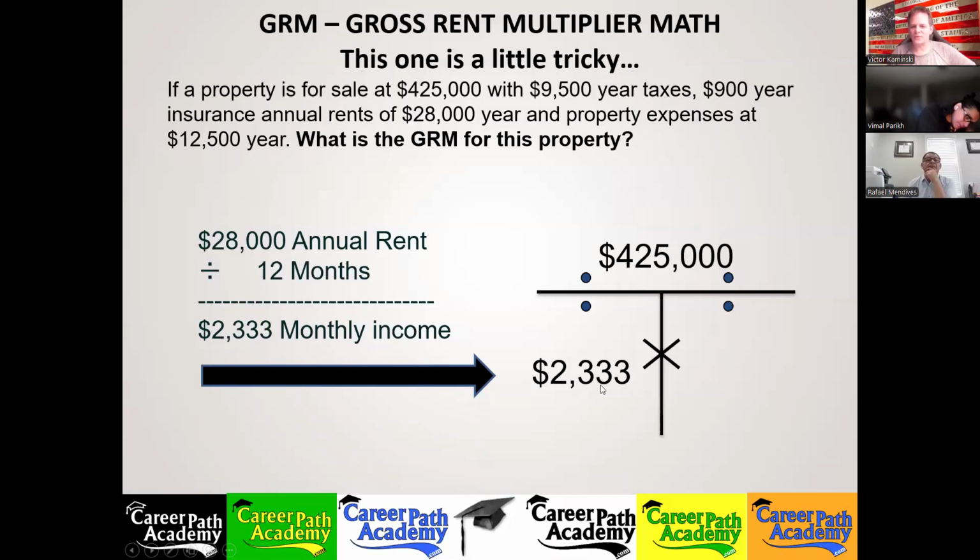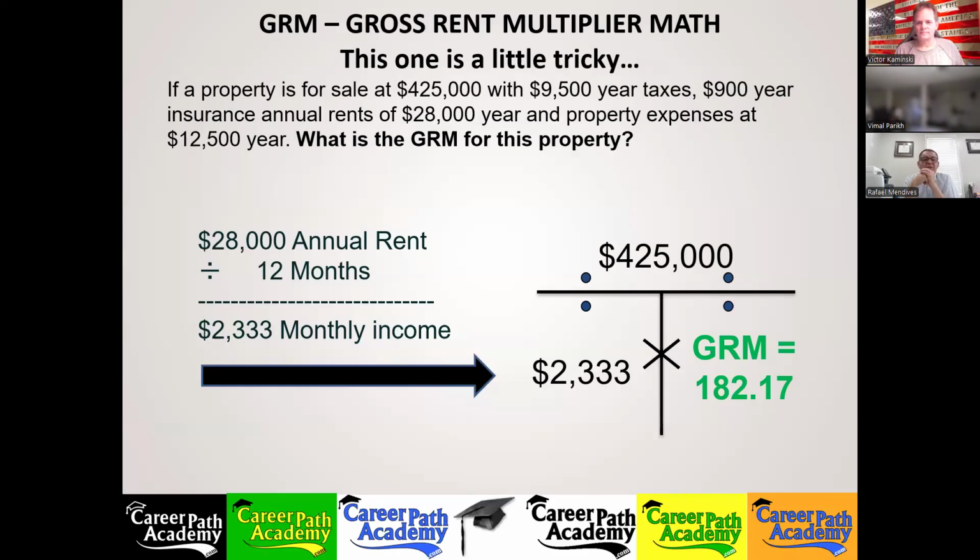425,000 divided by 2333, and we get the GRM of 182.17. So you just got to remember the T formula and the reverse T formula, they're very handy tools, but you got to remember what numbers go where and what numbers you need. So 182.17,